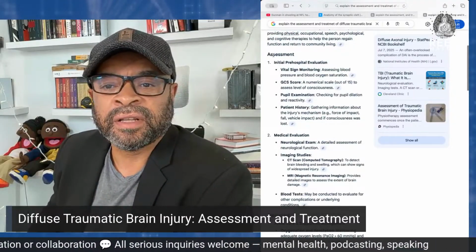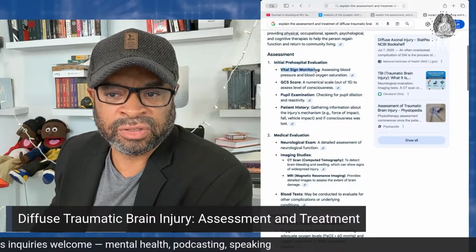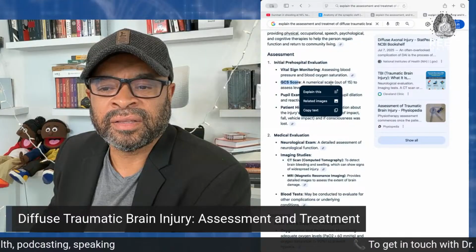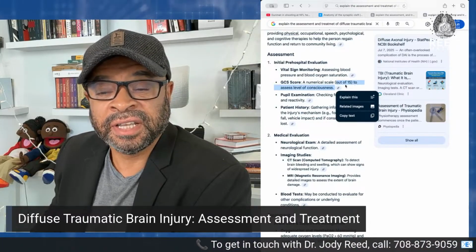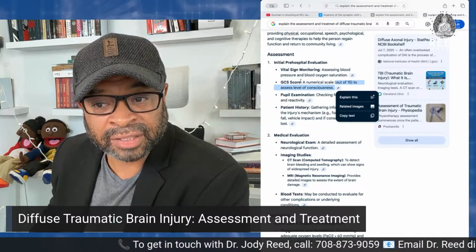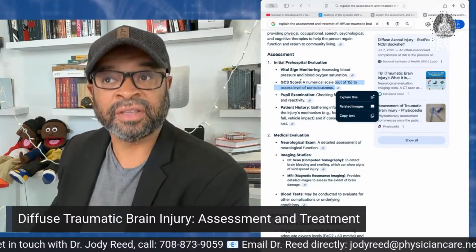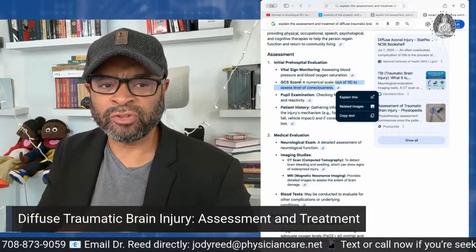Let's look here, the assessment, the initial pre-hospital evaluation, of course, vital signs. Look, Glasgow Coma score, a score out of 15 to assess the level of consciousness. Now, the higher the Glasgow Coma score, the likely the severity of the symptoms associated with the diffuse